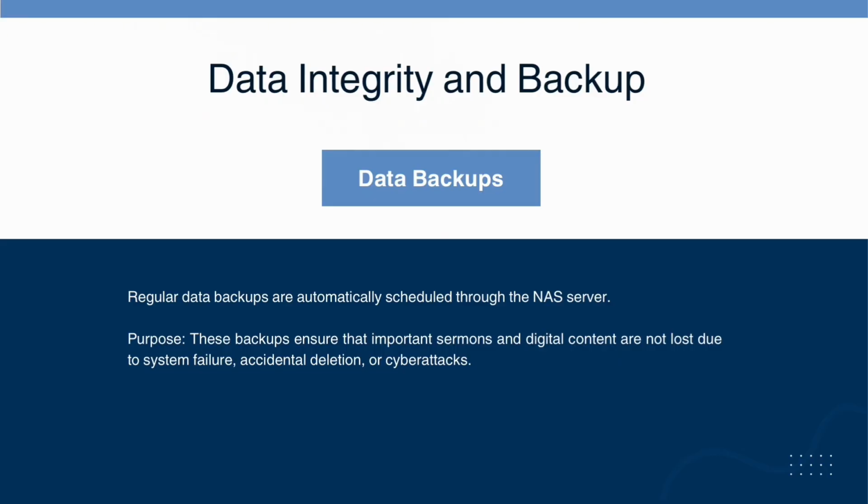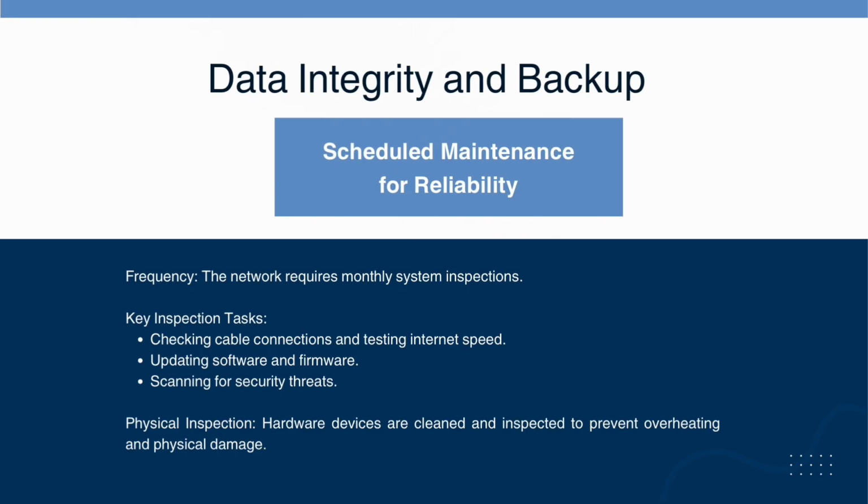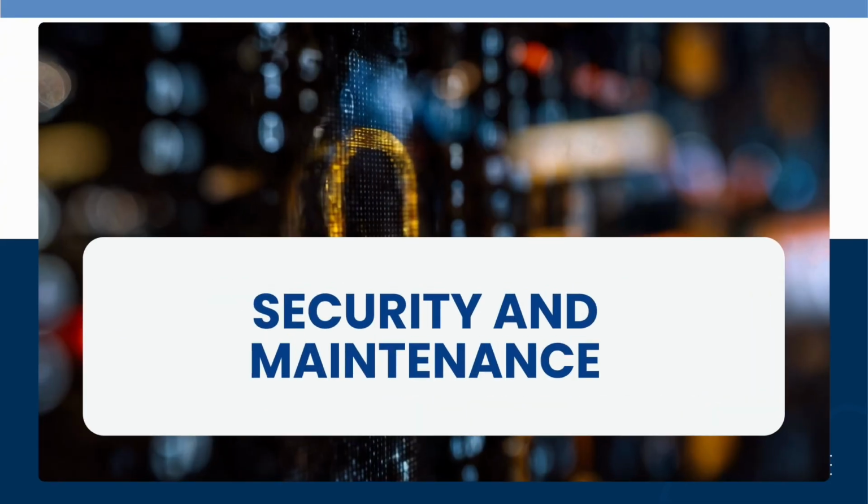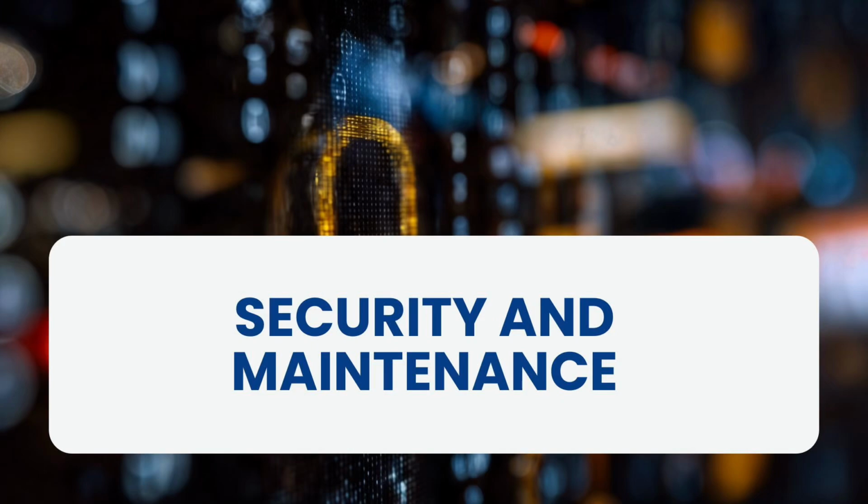These backups ensure that important sermons and digital content are not lost due to system failure, accidental deletion, or cyber attacks. In terms of maintenance, the network requires monthly system inspections. This includes checking cable connections, testing internet speeds, updating software and firmware, and scanning for security threats. Hardware devices are also cleaned and inspected to prevent overheating and physical damage. Through regular maintenance and proper security practices, the church ensures that the multimedia lab remains safe, reliable, and operational at